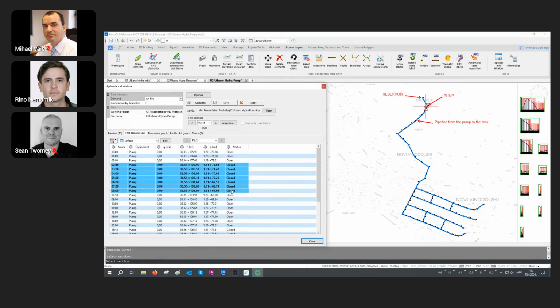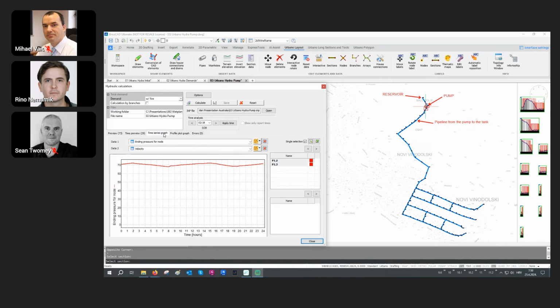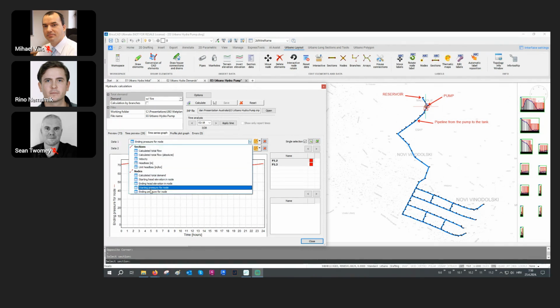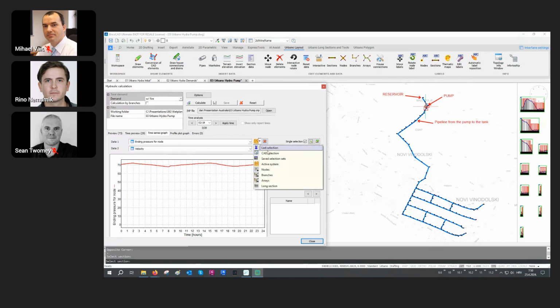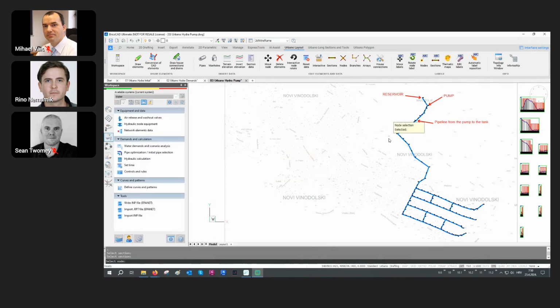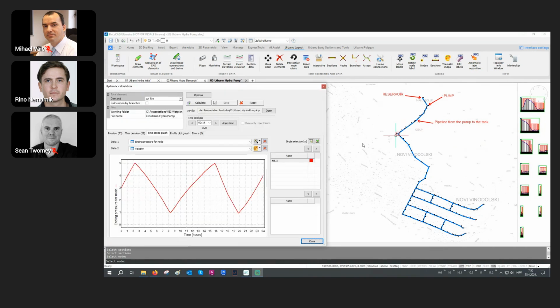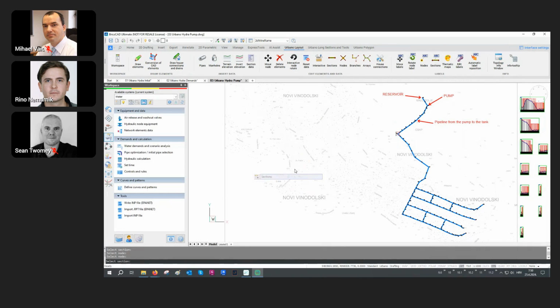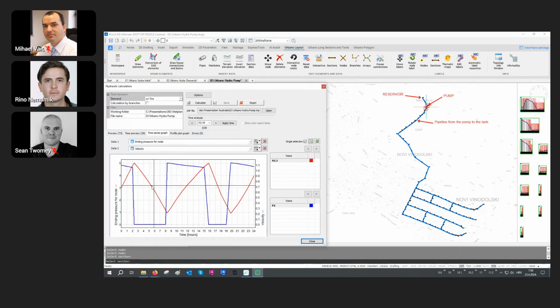But the best way to analyze these hydraulic modeling results is always by drawing some graphs. So here you can select up to 2 data. For data number 1, I will select pressure, which for the water tank is basically the water level in the tank. So I will select the water tank. And for data number 2, I will select section velocity, and I will select again this section right after the pump. And now we can see on the same graph how the water level in the tank is rising until